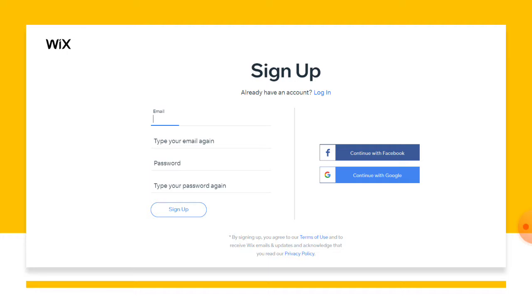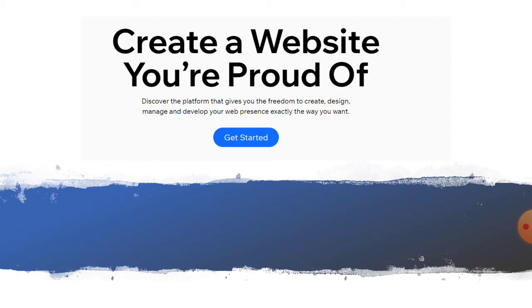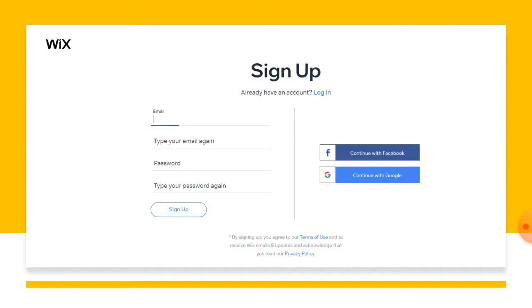To create a free website, first we need to log in with the Wix website. Wix is a very famous website builder software. So to create, type wix.com in your address bar.